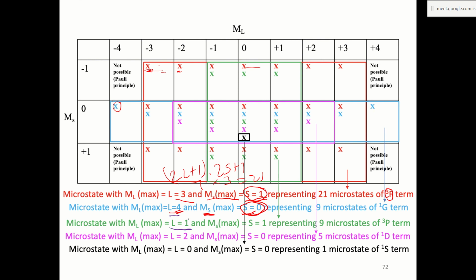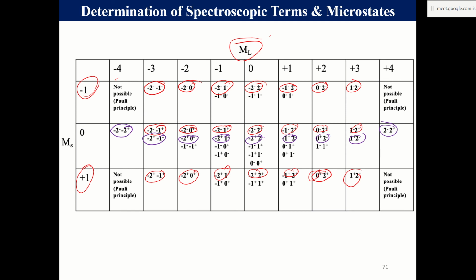Similarly, you can go ahead and try to cross out all the L is equal to 1, S is equal to 1, and so you will again find that it is 9 microstates, because yes, 3 into 3 is 9. So similarly, L is equal to 2, S is equal to 0, and finally L 0, S 0. So only one microstate is lying here. This is a stepwise manner you can perform by yourself, and after writing a table like this, in one page you are able to finish